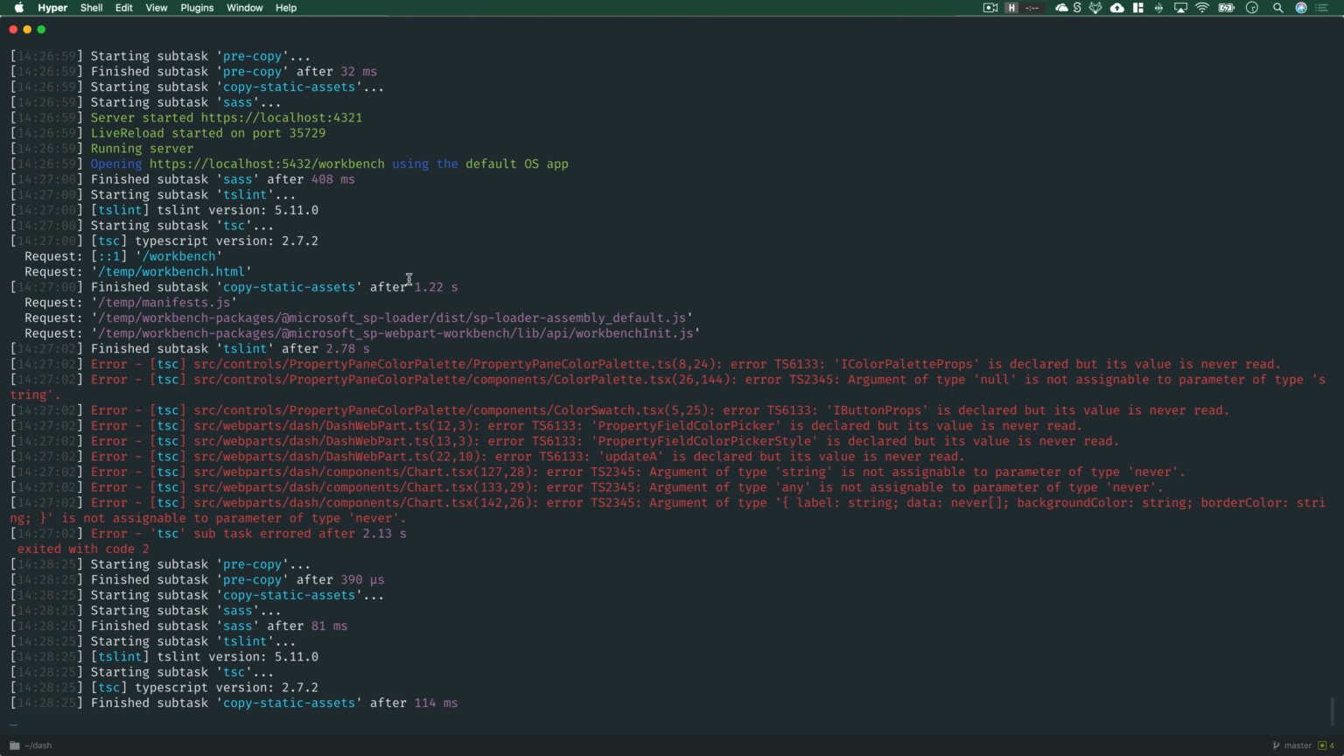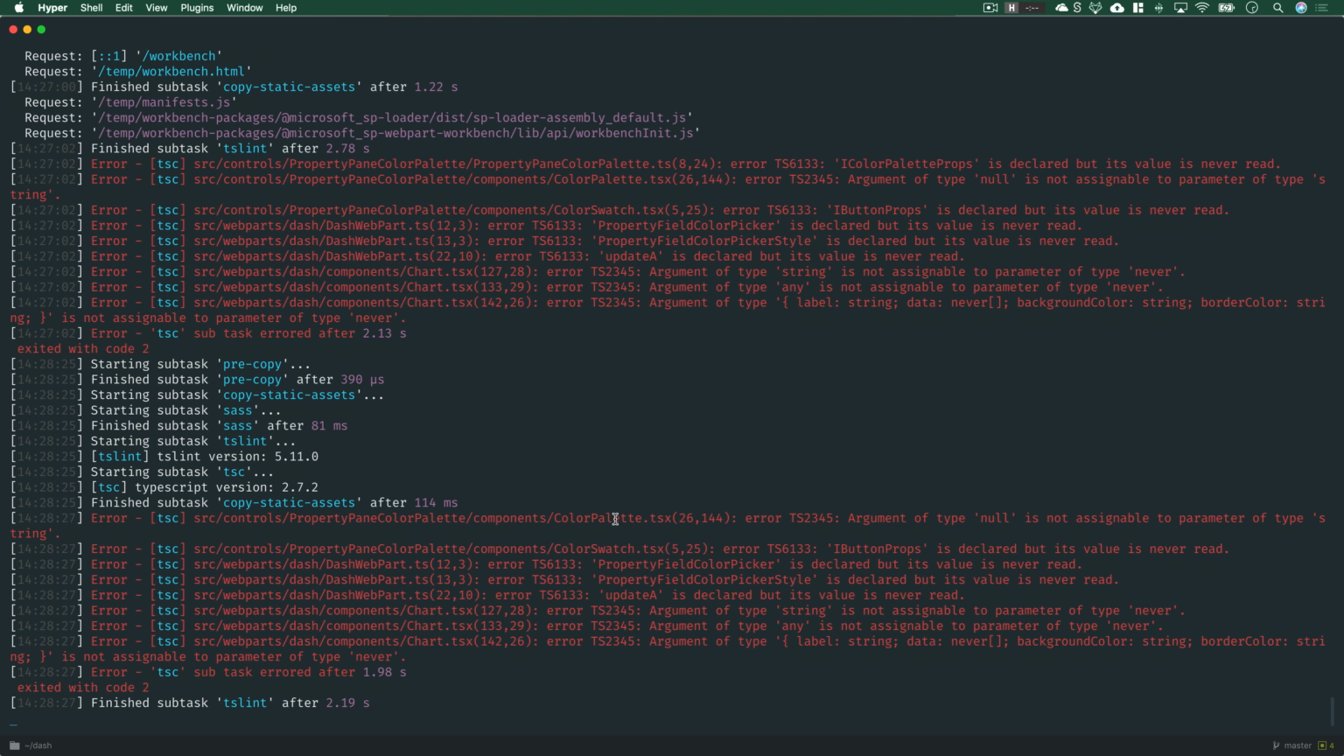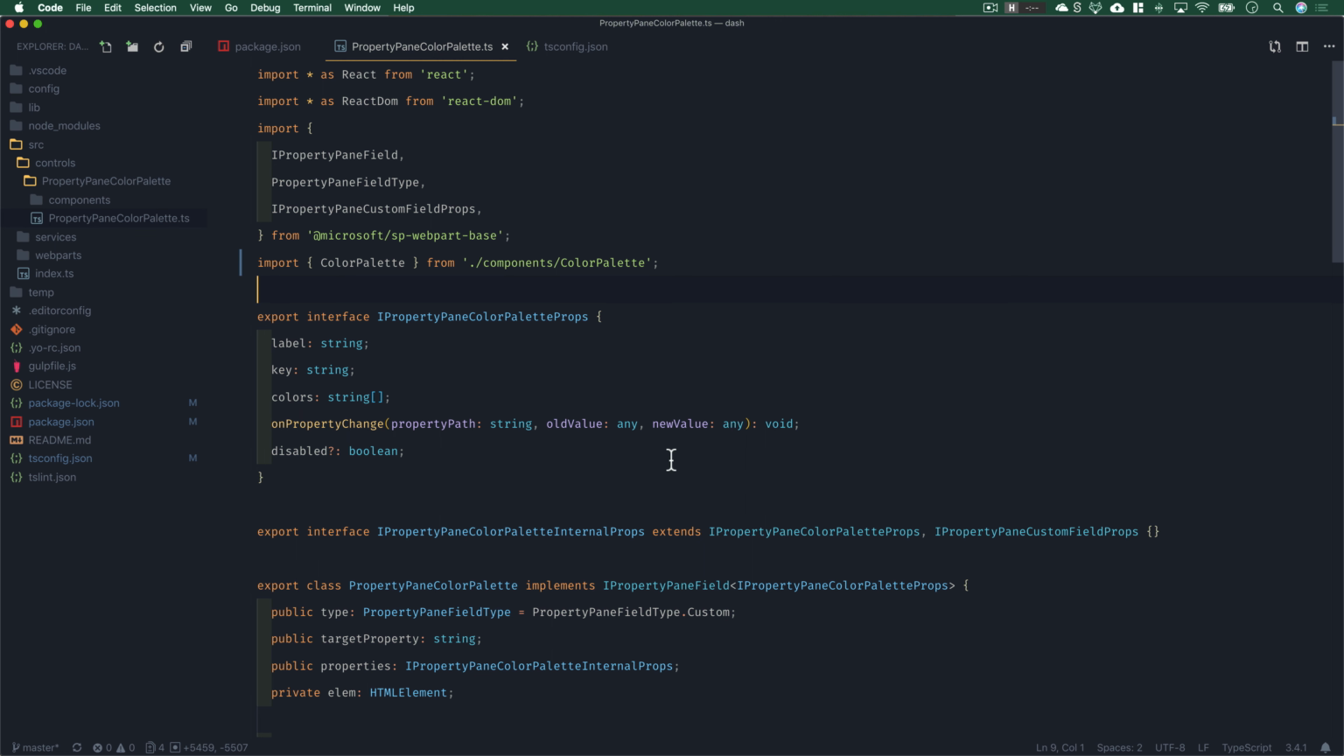And if you go back to the hyper here, you'll notice that we've moved on to the next file, which is colorpalette.tsx. And that's basically the process. You go one at a time into each of these errors. You go to that file, you fix it so that the linter is happy, and then you just keep repeating that until we are good to go. So let's open up